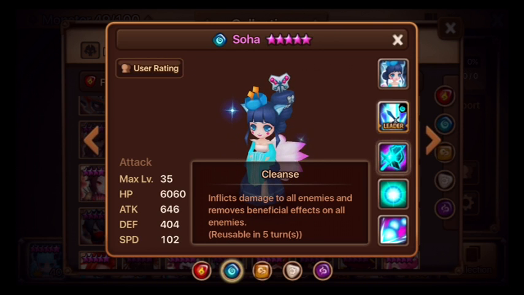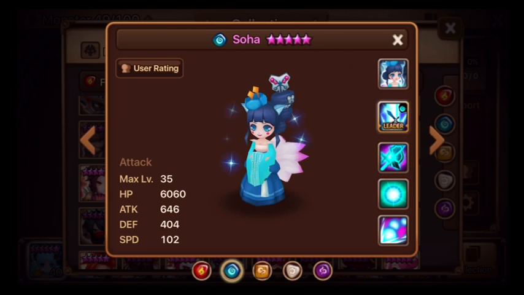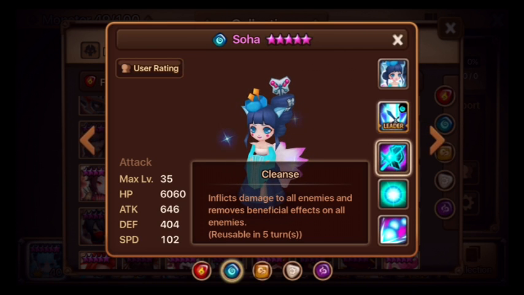Self-sustain. Third skill. Inflicts damage to all enemies and removes beneficial effects on all enemies. It's a 100% chance. It lands very well. I used to use her as my main AoE stripper, but then I got Praha, and I wanted to use Praha as my AoE stripper now, which made her less of a nuker, sort of. So per se, if you want to use her as a stripper specifically, which most people do, then